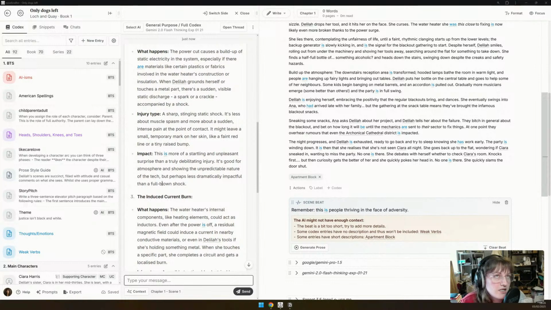For writing, it is Claude Sonnet 3.5. I quite like Gemini 1.5 Pro, but it doesn't follow style quite as well. I'm loving the new Flash thinking models and Gemini 2 Flash. They're very good for brainstorming and the like. So I tend towards the Google and Anthropic models at the moment.